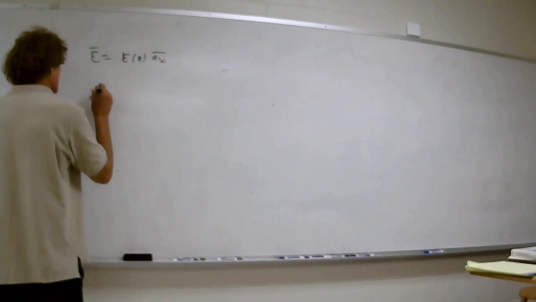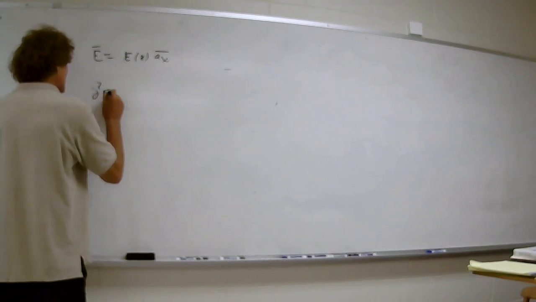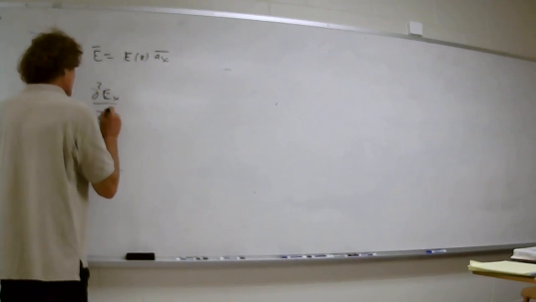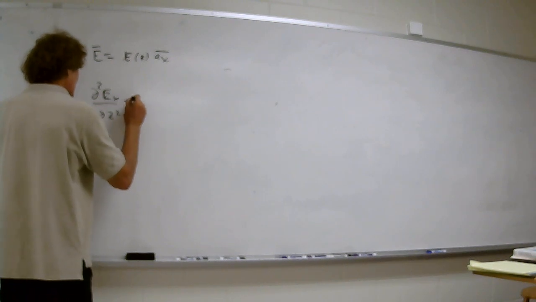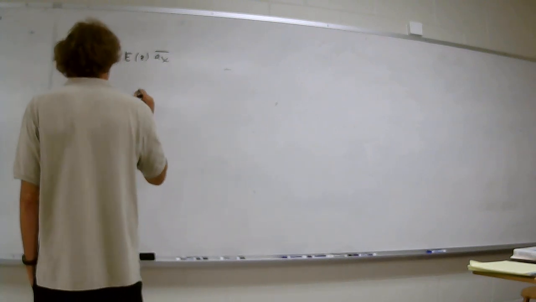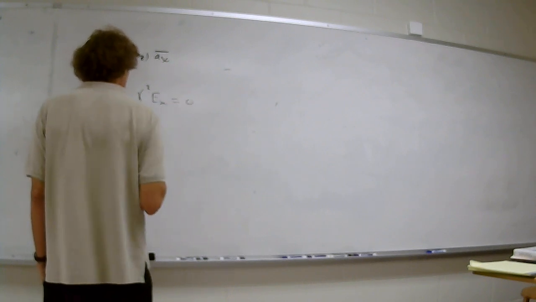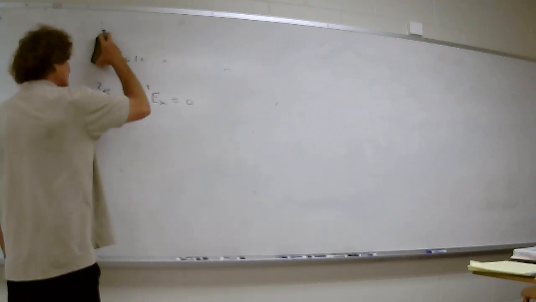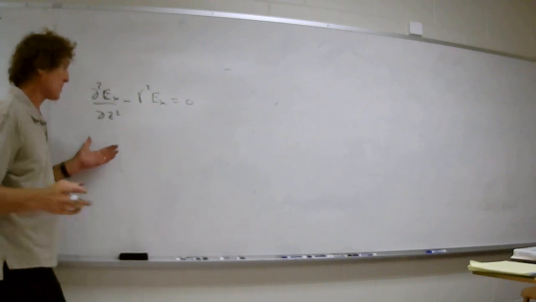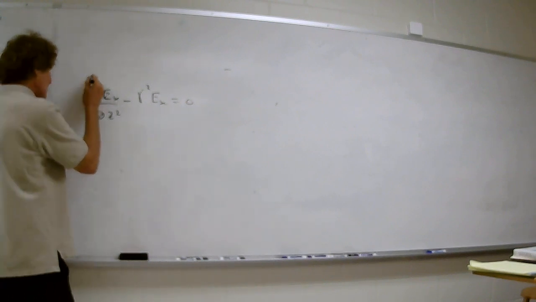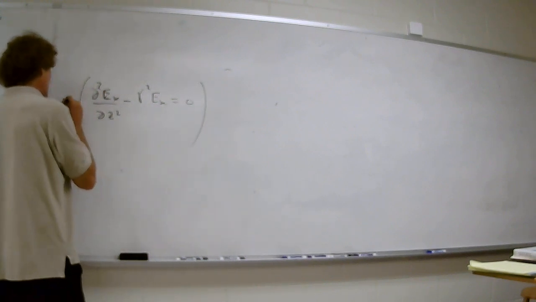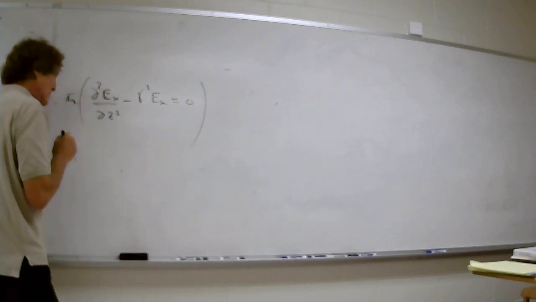This is in chapter 6 if you're looking. Second derivative of Ex with respect to z squared minus gamma squared Ex equals 0. Let me just leave it like this, and you'll see this, all right? It's only going to have an x component. We can multiply this whole thing by ax, but it doesn't really matter. Okay? Now,